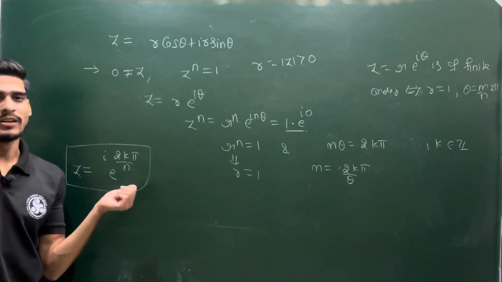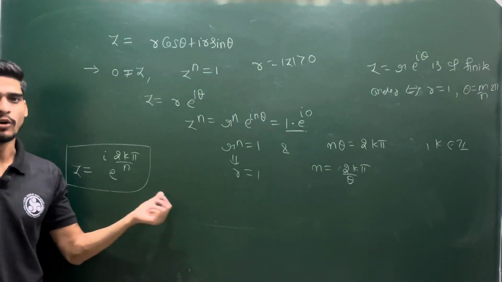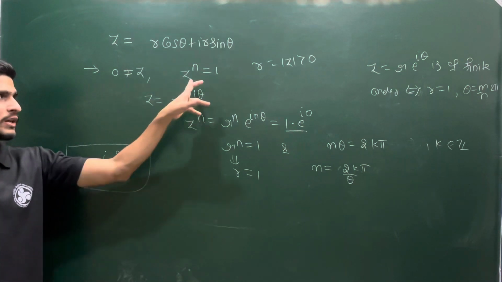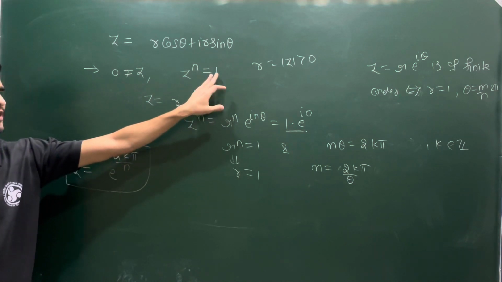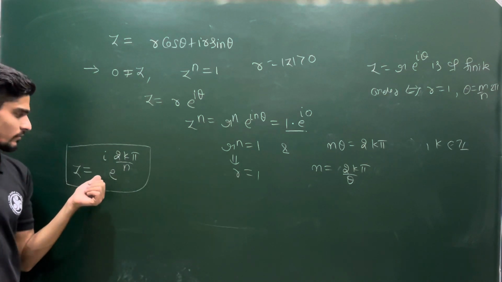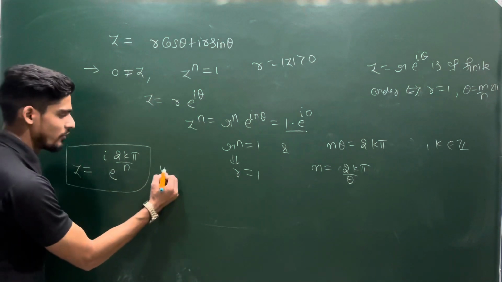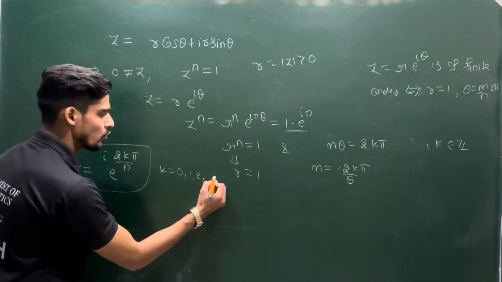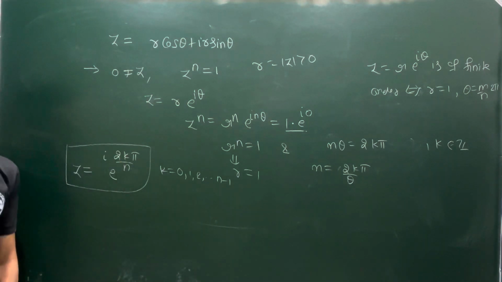But we are interested to find the non-repeated solutions. If you give me a repeated solution, then that is not a good way. I have already told you the complex polynomial of degree n has exactly n complex roots, which I will prove, don't worry. But also you can feel we are having exactly n distinct values here. Why? If you choose k to be 0, 1, 2 up to n minus 1. If you choose k to be n, then your values will start repeating.